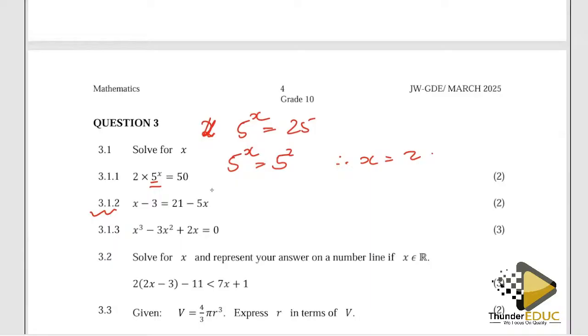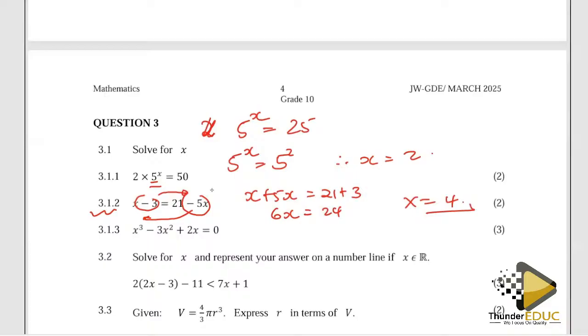So we have x minus 3 is equal to 21 minus 5x. So for us to answer this, it is a linear equation, okay? With the linear, we need to move the x to one side. So I'm going to take this negative 5 to that side. Then I'm going to move this negative 3 to this side. So I'll have x plus 5x should give me 21 plus 3. So this is going to be 6x is 24. Then divide both sides by 6, which means x is a 4. Okay, so that is kind of straightforward. Then